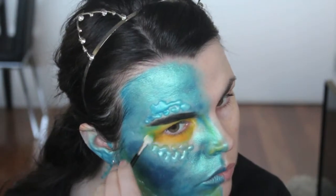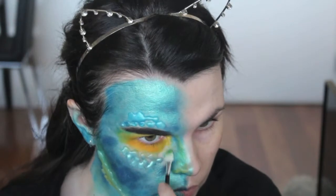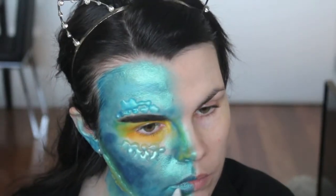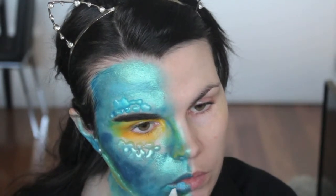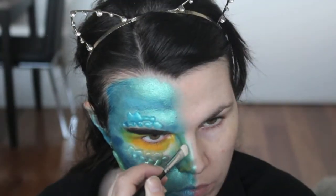Here I am taking the applicator sponge that came with the face paint kit, and I'm just sort of blending the yellow into the blue a little bit to get a nice small greeny effect. Now I decided to lighten the lips on this side with my NYX Jumbo pencil in there. This time,